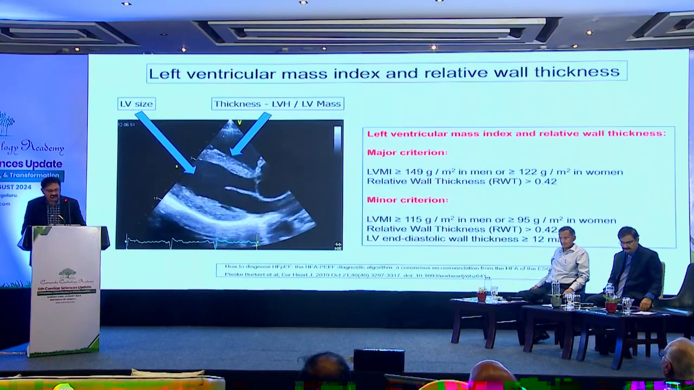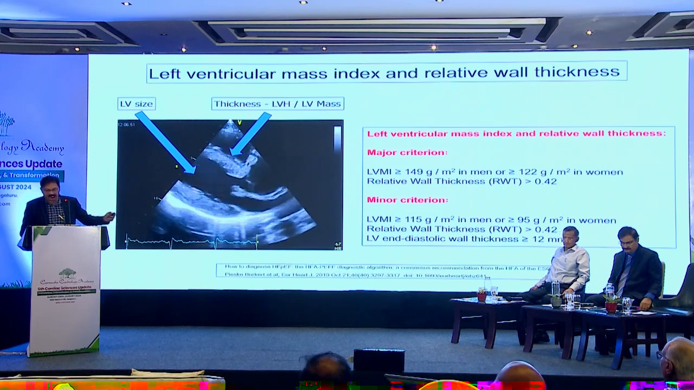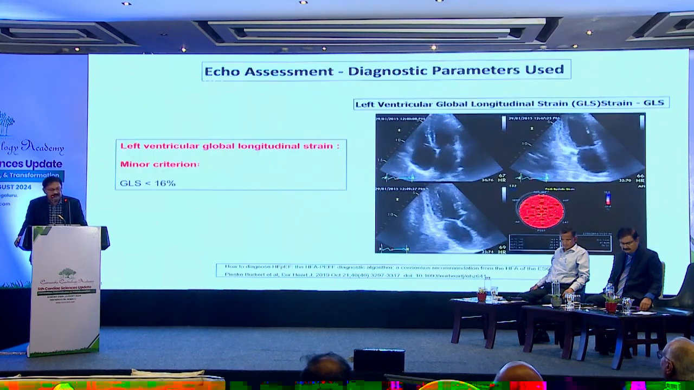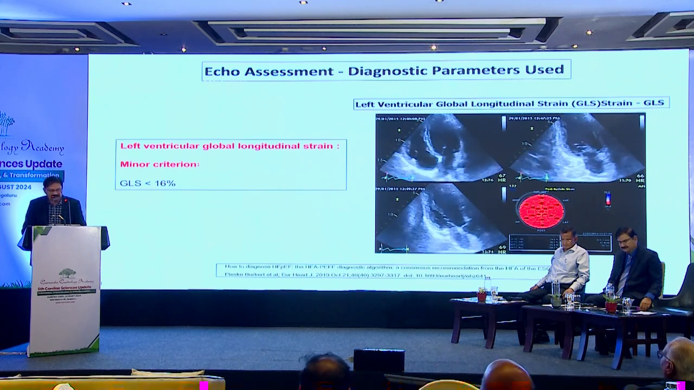The LV mass index, you have major criteria and minor criteria. Mass index is again, there are separate cutoff values for males and females, as well as minor criteria. The other thing is the LV global longitudinal strain. The GLS less than 16% is a minor criteria to say that this patient has heart failure with preserved ejection